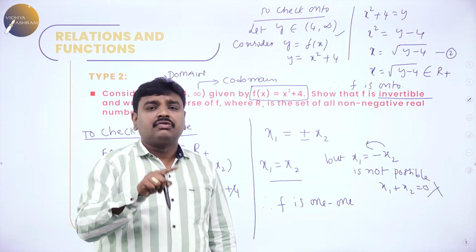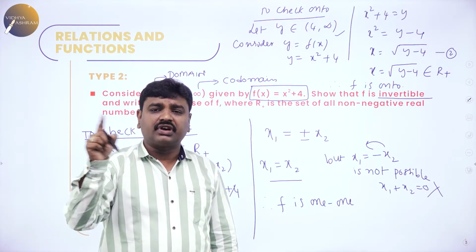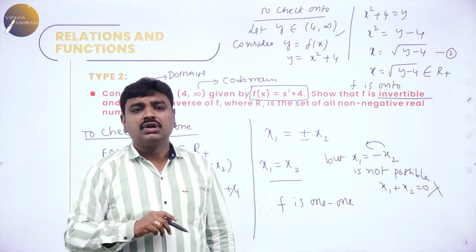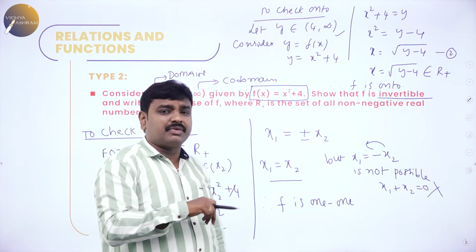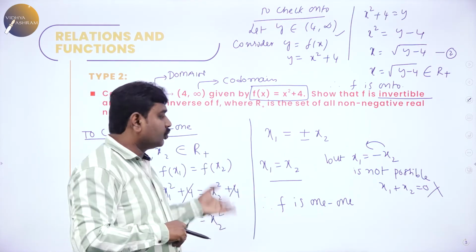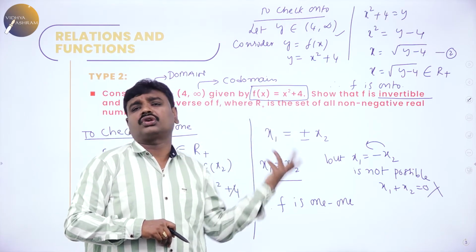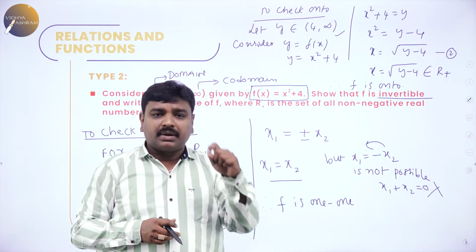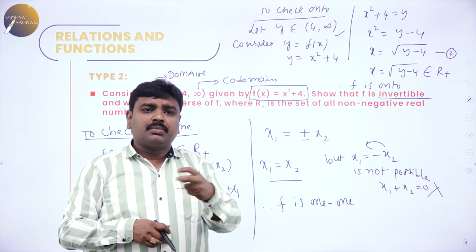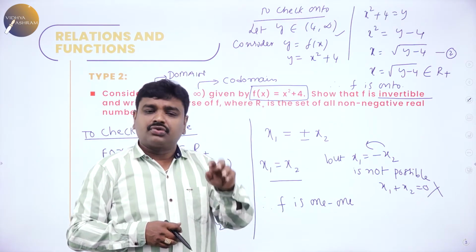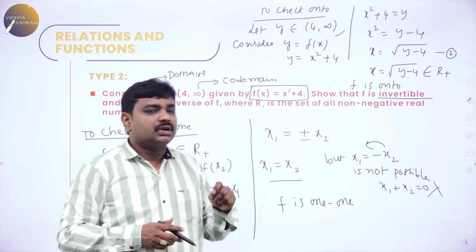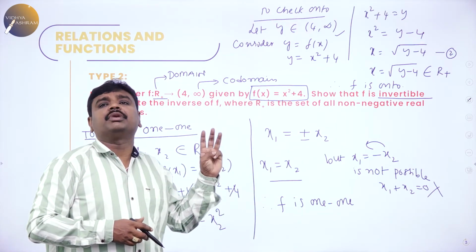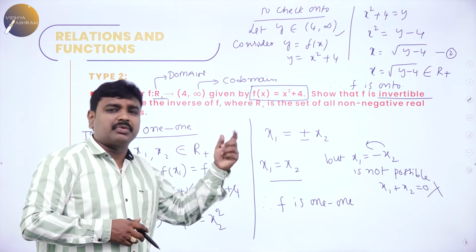We will take fog y equal to y and gof x equal to x. That is faster also, but this method is preferable. Why? Because in a 3 mark question sometimes they'll ask prove this as 1-1, prove this as onto. That is also covered indirectly. So I'll prefer this method. I am asking students to become thorough with this method, but the second method also I'll teach you. So both you learn, and this method also helps you to do 3 markers, like when they ask you to prove this problem is 1-1 and onto.